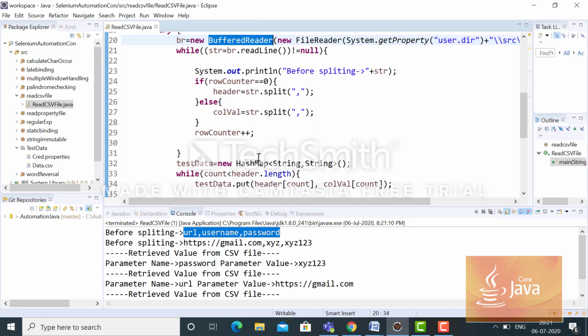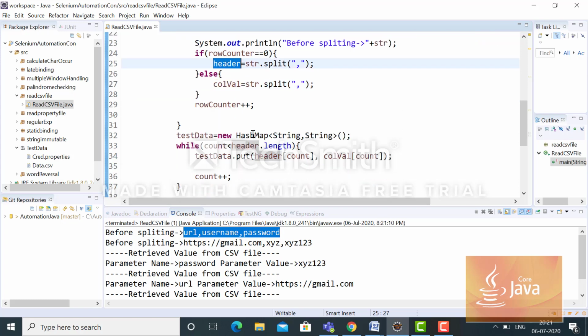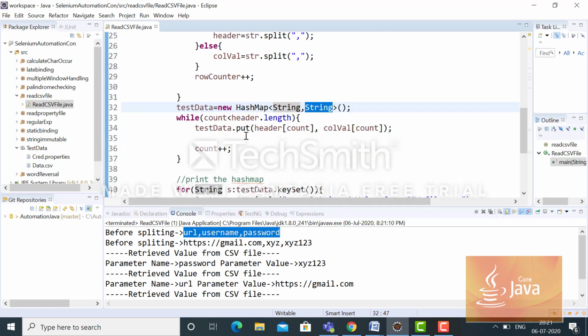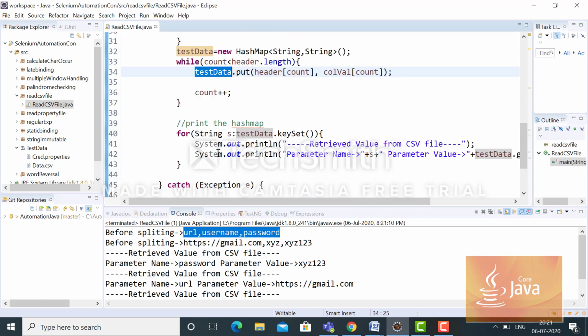Here we took one header string array and another column value string array. I fetched it, put it there, and then I took one hash map having key as a string and value as a string. I inserted the header as well as the column value into this hash map, and then finally I print it.